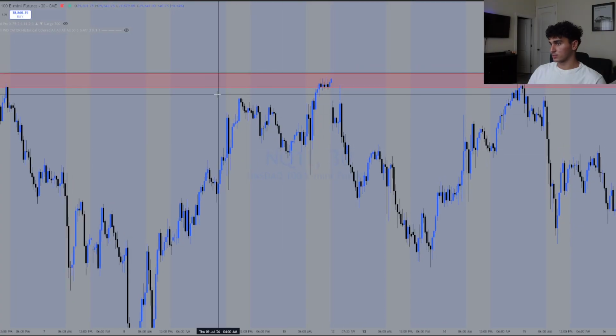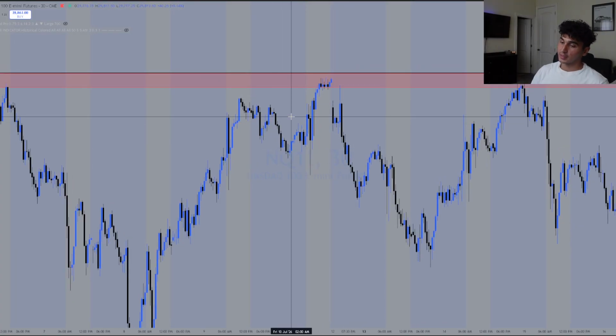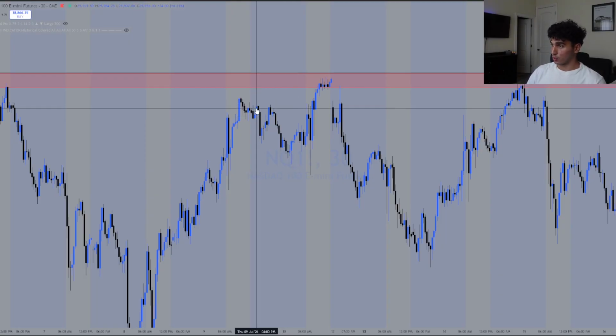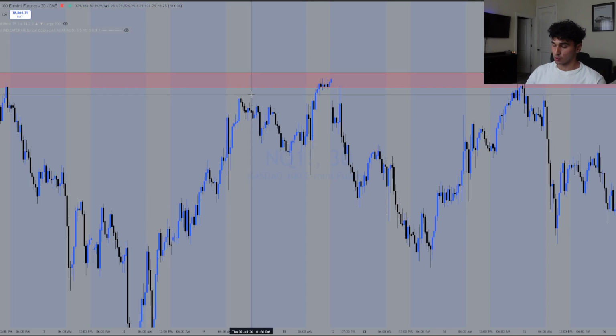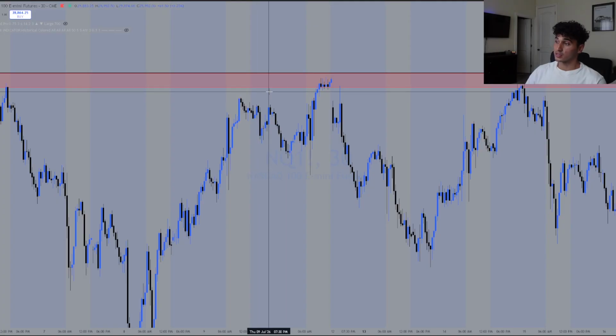off of this 30-minute supply. Also keep in mind, the higher the time frame you have for a specific zone, the more confirmation you have within that specific zone. Okay, so I'm not saying that 5-minute zones or 15-minute zones or 1-minute zones won't be valid, but typically when you do have these 30-minute zones marked out, when they are visible to you, you definitely do want to look to take advantage of them, whether you're treating it as some sort of entry area or some sort of exit